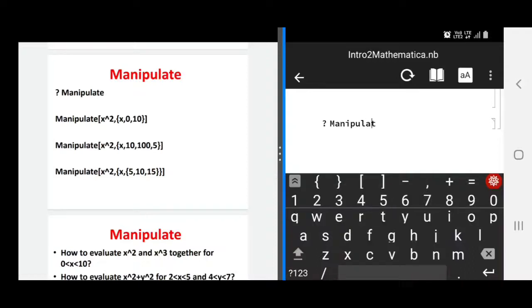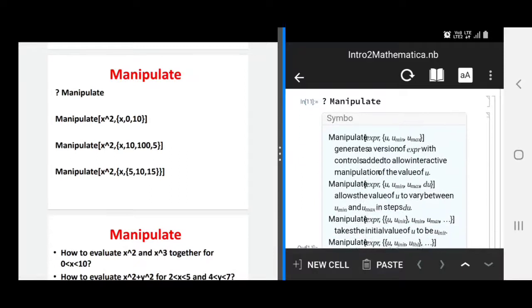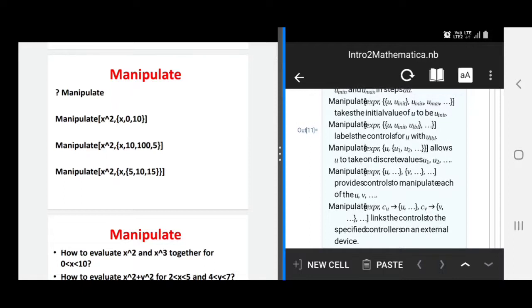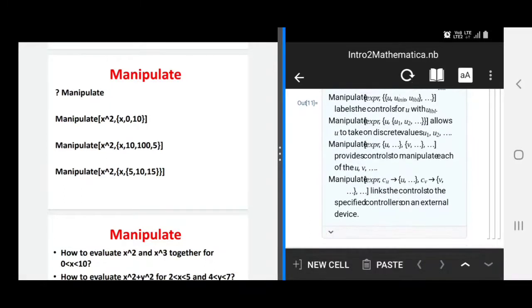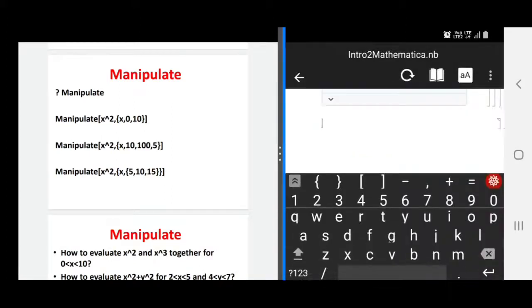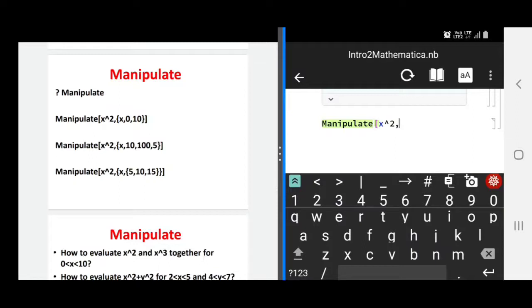Okay, and just evaluate it. Now it will show you. So using Manipulate, these are different circumstances, whatever comes, you will have to follow. Now I will do one example for your convenience, so that you can better understand. Manipulate, then you will have to use x raised to power 2. Then you will have to use